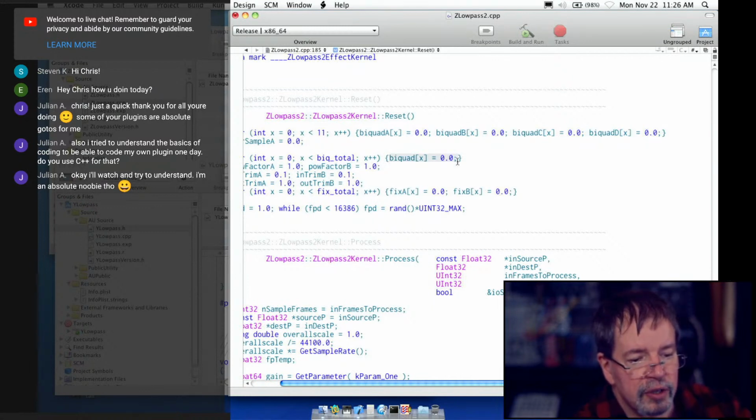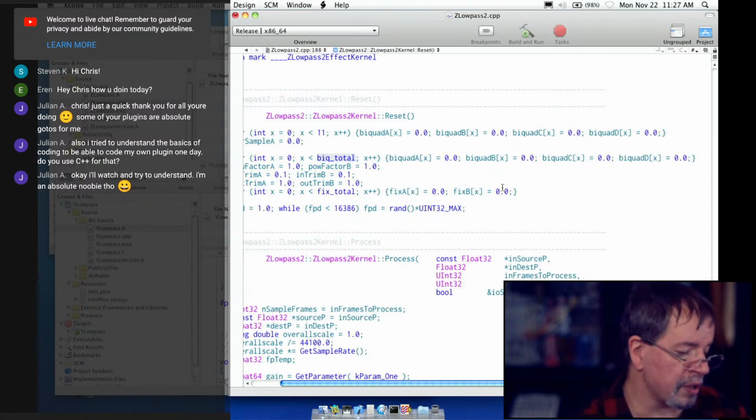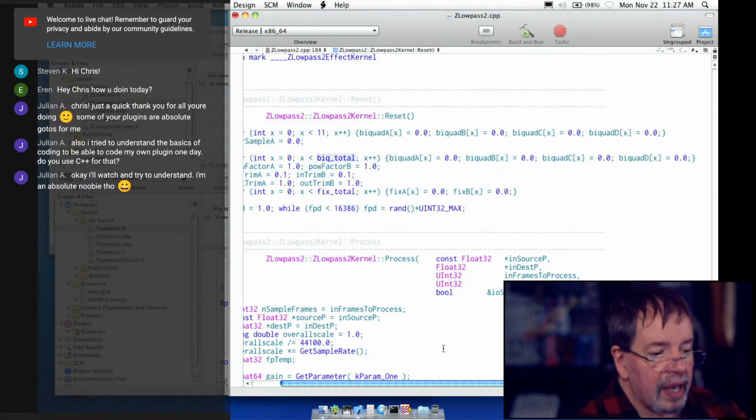ZLowpass has the interpolation, but it only had one filter. The Z-plane filters, or the imitations of them, have 4 stacked up. So we're going to use this to do that. And instead of going up to 11, these go up to like 22, because it's all the interpolation stuff I was doing. And the fixed ones can stay named fix A and fix B, because I think that's a useful way of distinguishing them between the ones that are smoothed, the ones that do the interpolation. And I'll tell you what interpolation means in a moment. Firstly,